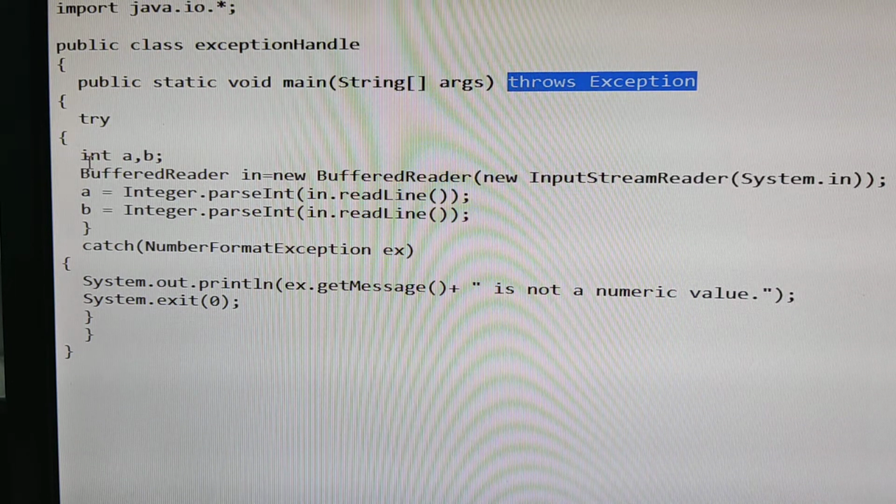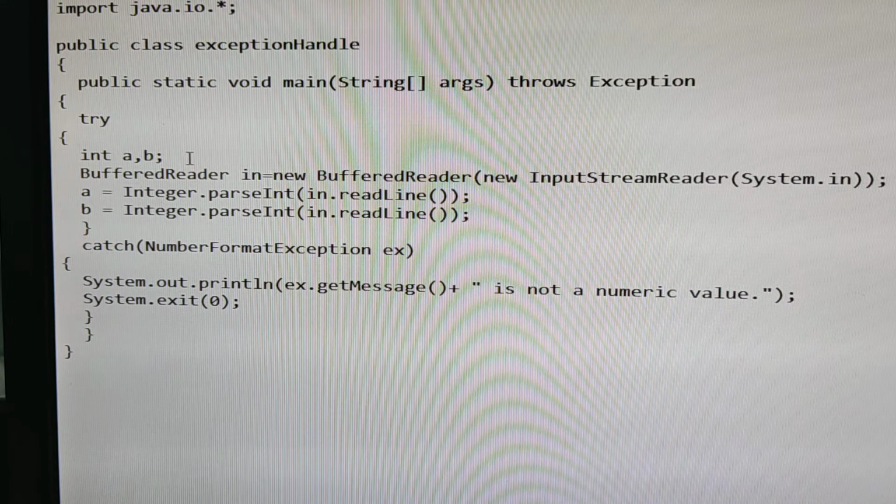Two variables, and the two variables should be of integer data type. In the question they have clearly given: write a program that reads two integer numbers for the variables a and b. So it is a condition that you should give two values, and the two values should be integers. That is why here I have given int a and b.